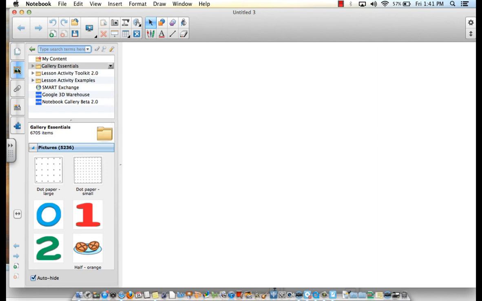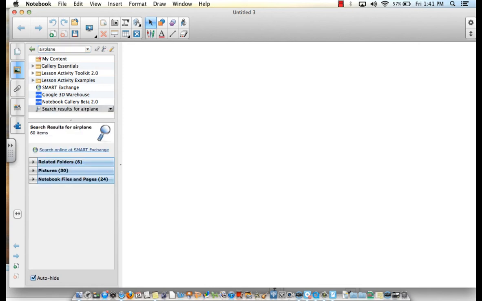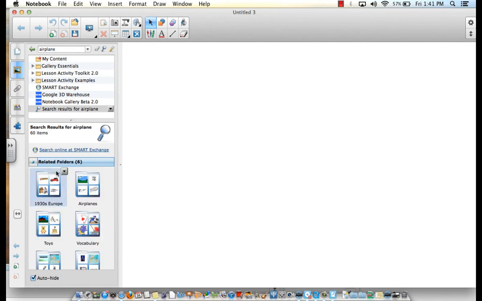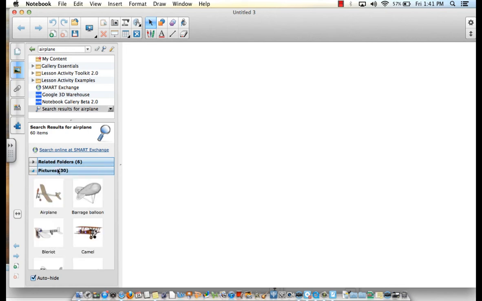If you go to the back here, it looks like a picture frame. It's a gallery, and the gallery has a lot of different pictures. You could search up here for something. We go airplane, and you'll get some pictures of the airplanes. It's good to have images right at your fingertips if you wanted to drag and drop them